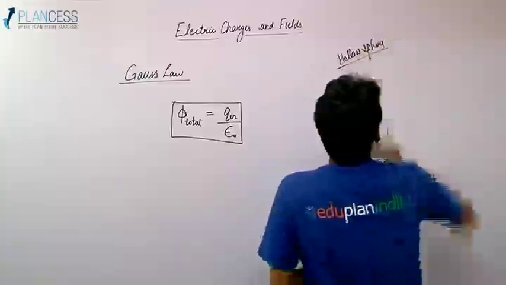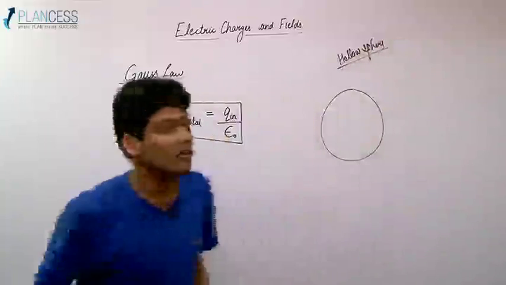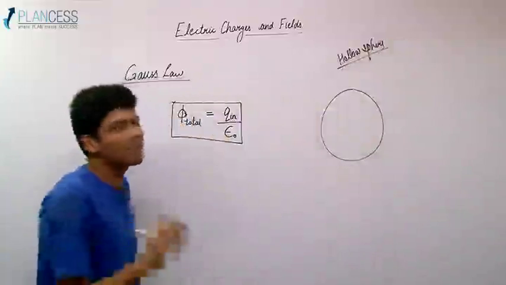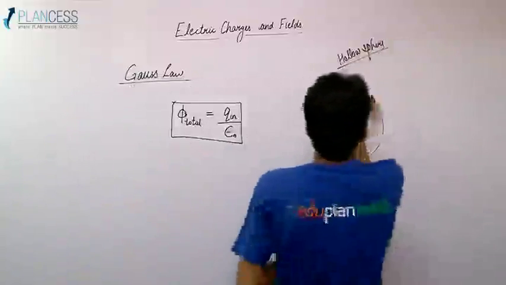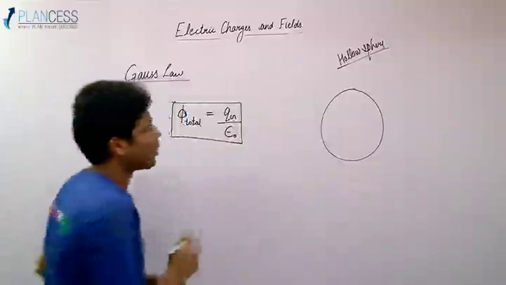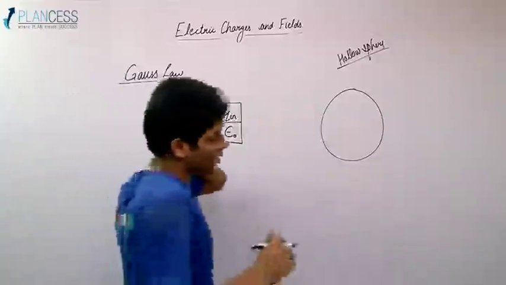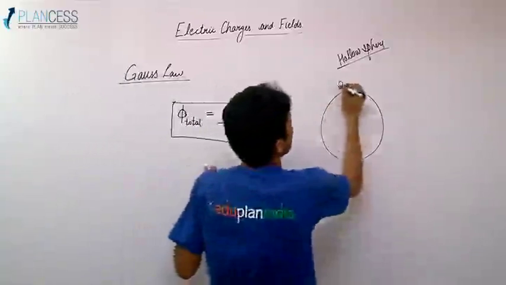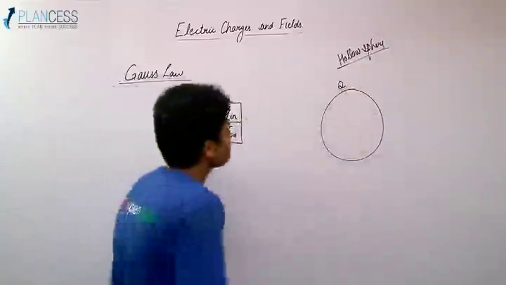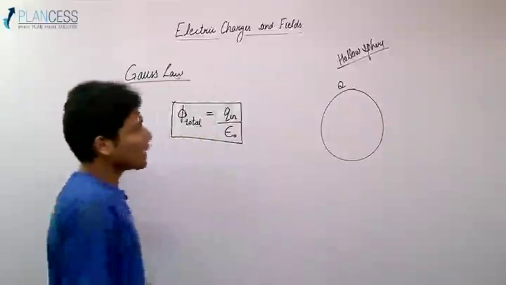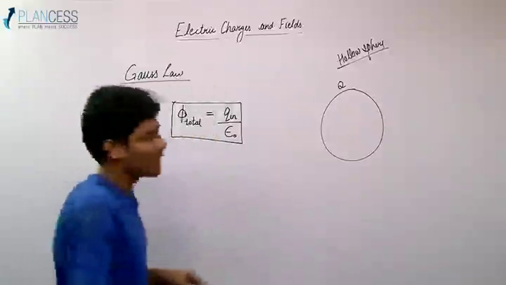And you'll find out derivations through Gauss law of electric field are pretty easy, but they require a symmetry. So we'll see to that. Now let's say I talk about this hollow sphere. I know that the total charge on this is Q, which is uniformly distributed. Now if I want to calculate electric field at a distance r,